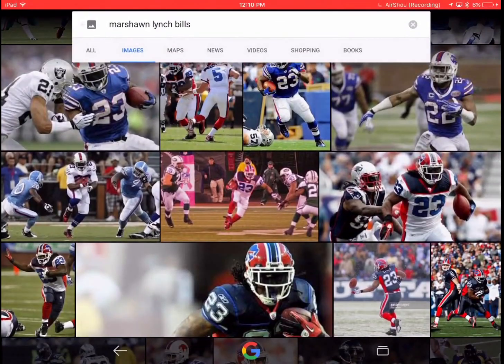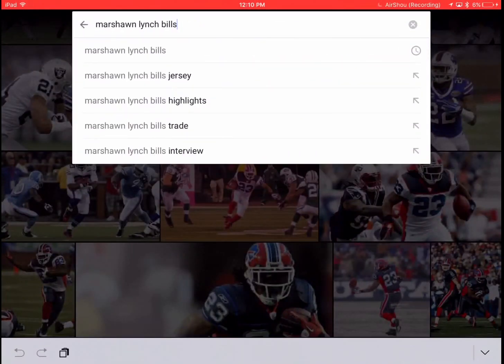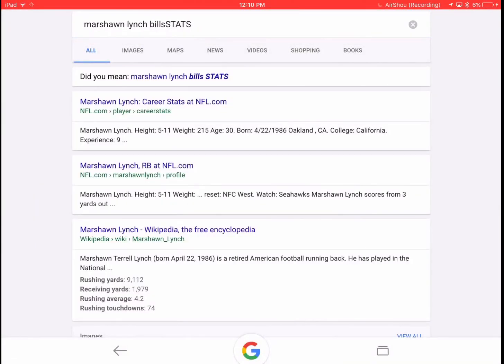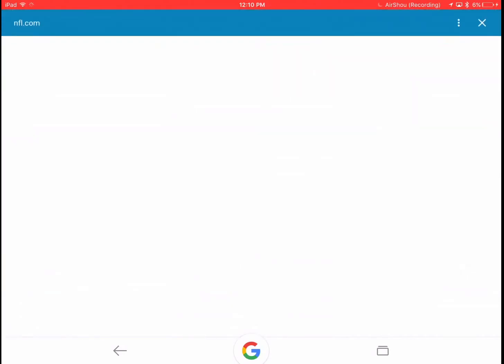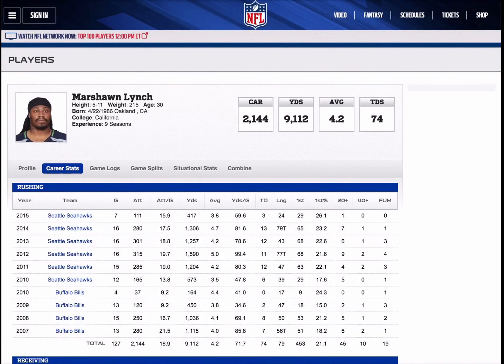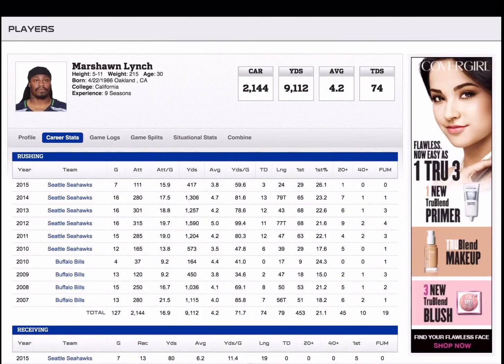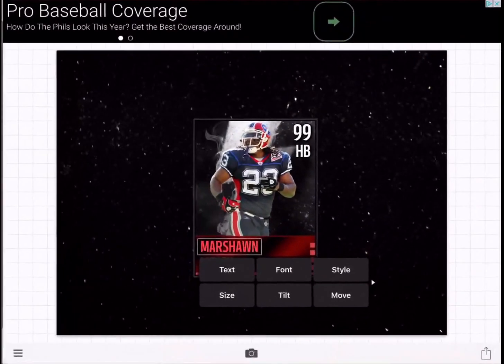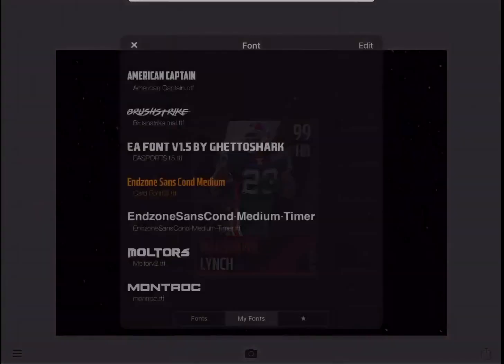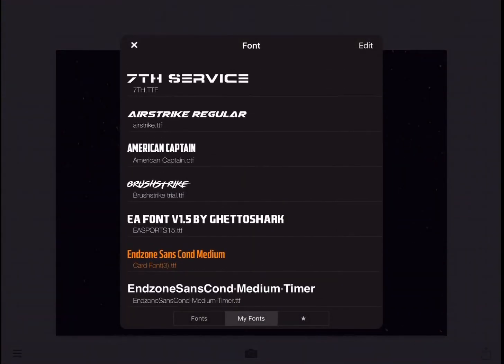And then here's when I went back to Google, and I was trying to find a year. I just typed in Marshawn Lynch stats, and then went to All, and of course they have all this stuff on NFL.com where you can see which team they played for and whatnot. So I went over to NFL.com, and I meant to type in 2009, and I don't know why I typed in 2013. Just really stupid of me.